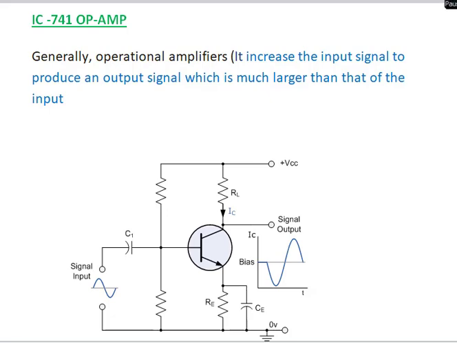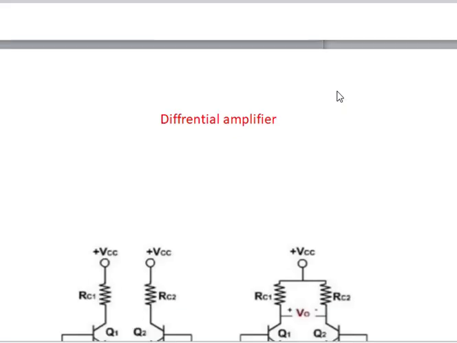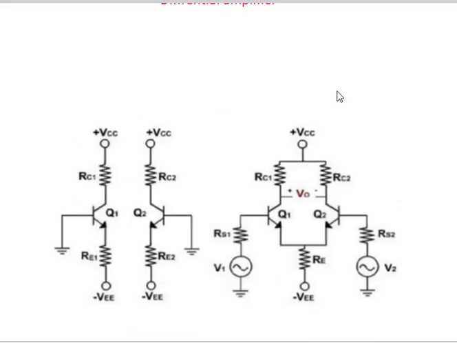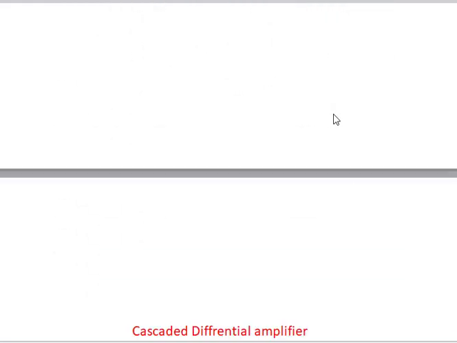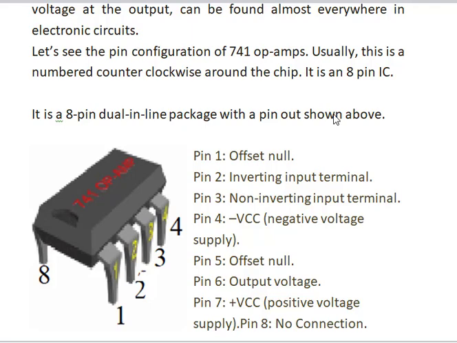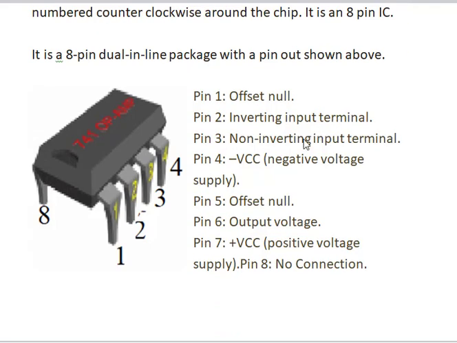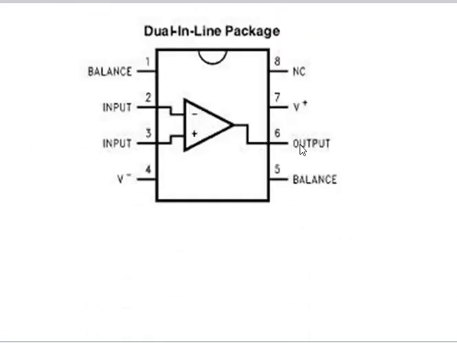Yesterday we discussed what the IC741 operational amplifier is and how it is fabricated. It consists of two differential amplifiers cascaded. On its package it has 8 pins. So what are the functions of the different pins? What are the inputs? That is, the inverting input and the non-inverting input. It has only one output, and then